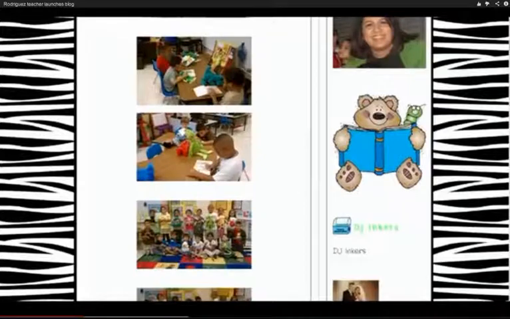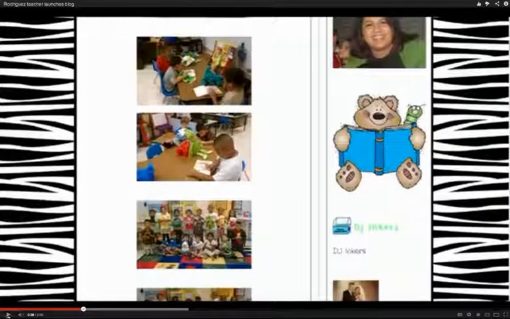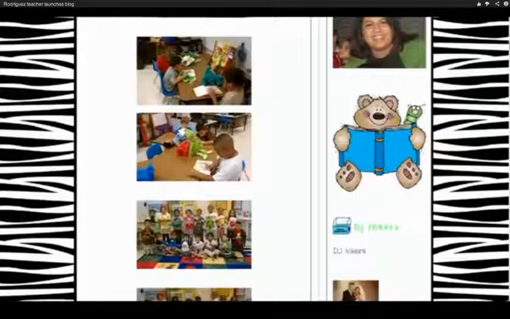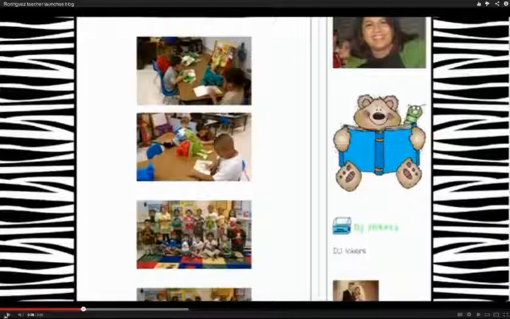Actually, she started with a teacher website. She started searching for online resources, and she found this one website, and she said it's a good idea, I can do that too. Although it's a blog, the idea is the same thing. So it's a teacher's website. It's just using a blog to host the content.